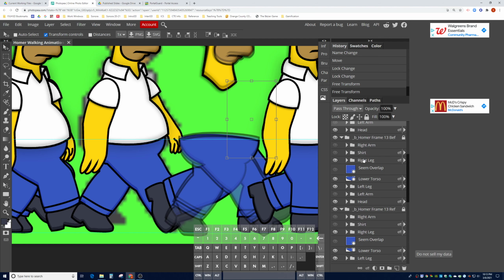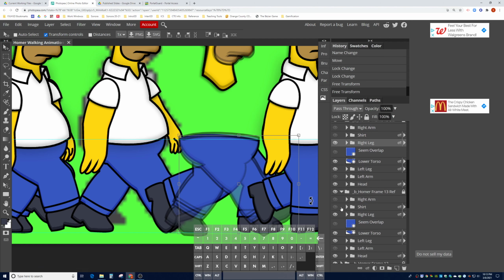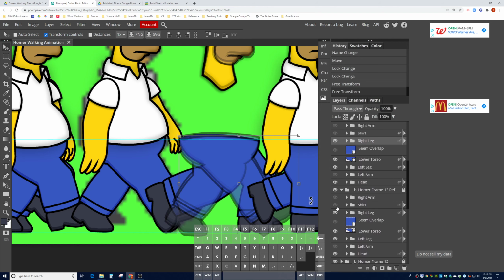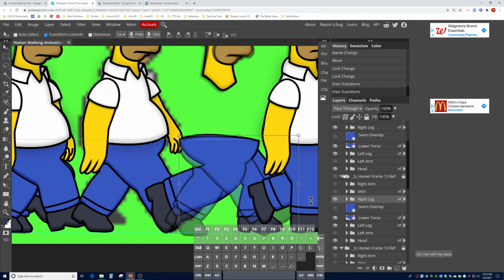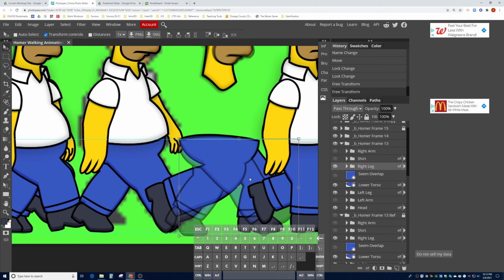So again, the right leg is going to be the front leg here. And we're going to match kind of the reference. But here's the thing though. Okay, let me just turn off the before picture real quickly. Turn off 13 before here. Okay. When I'm looking at the right leg,